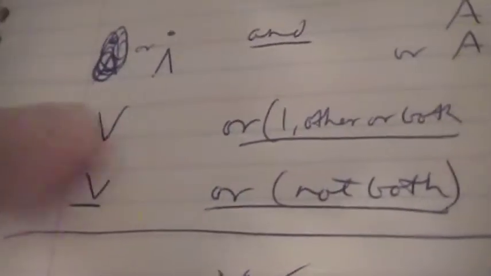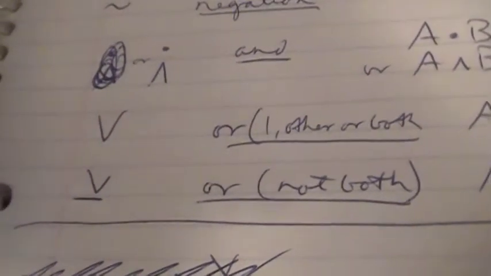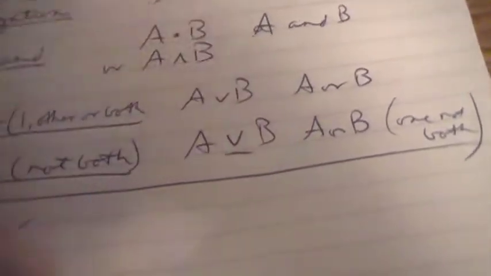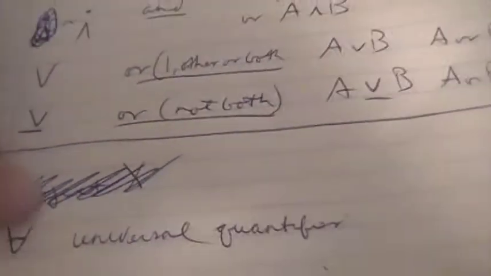This one. Now there's two kinds of ors. This or, basically a V, means if we have A or B with this V symbol, it could be either A, it could be B, or it could be both A and B. But if you have this symbol, it means it's either going to be A or it's going to be B. It can't be both. So that is the general run through of all of the symbols that propositions will be put with each other,